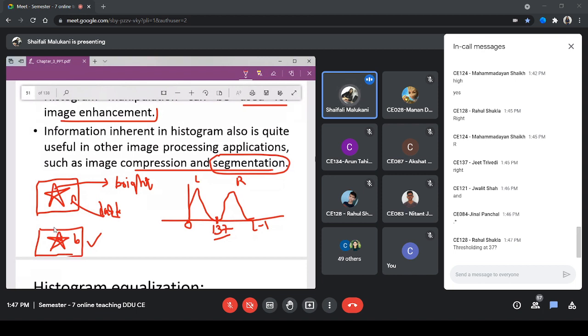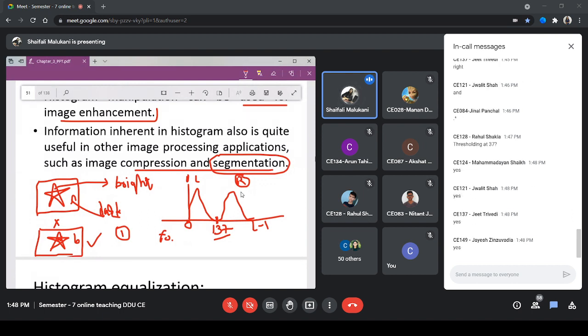So to obtain such an image, my foreground should be 1, or 255, and my background should be 0. So if my intensity is greater than 137, that means it is my foreground part, and hence it should be 1, otherwise it should be 0. Or if not 1, then 255. That is your thresholding choice. So I will obtain this, and then I will perform multiplication between these two so that I will get my required region, that is my foreground. I hope it is clear to you. This is how the histogram will help us. Okay, everyone is clear with this? Great.